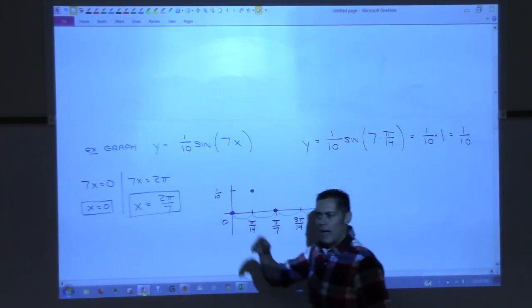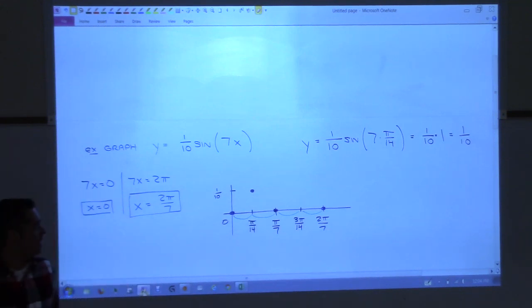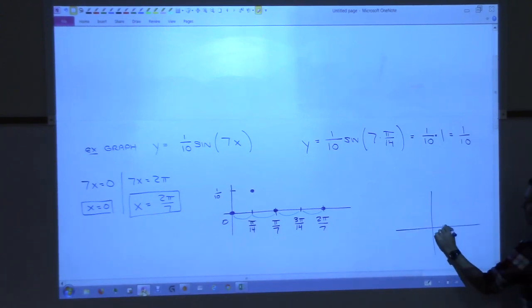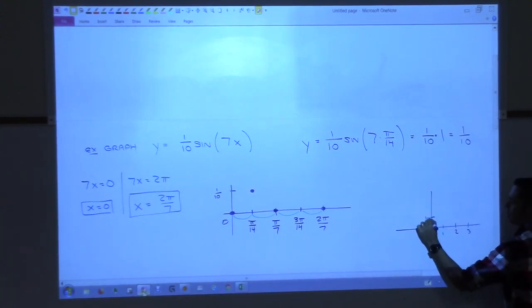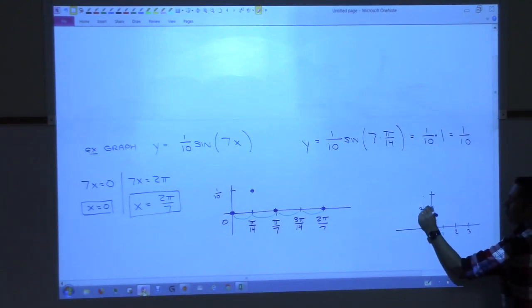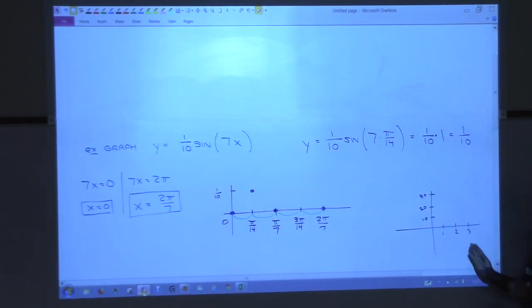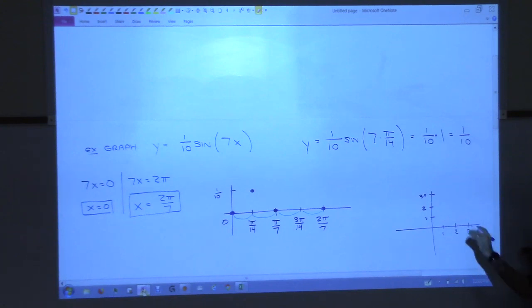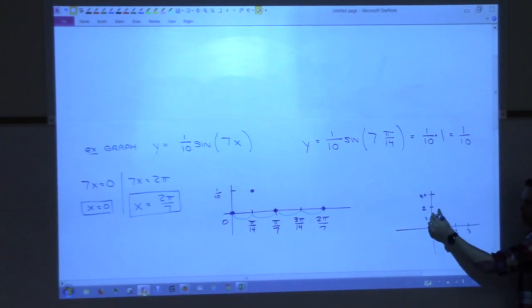Look, when we draw our x and y axes on a graph, they do not have to be scaled. In other words, normally you do like 1, 2, 3, and then you do the same distance, like 1, 2, 3, right? Like this is 1 here, that's 1 there. That doesn't have to be that way. You could, if you wanted, have these be 10, 20, 30. You can change the scale. What's 1 here does not have to be 1 there. What you cannot do, though, is make this 1 and then 2 and then make it 30. That doesn't make sense. You can't change the scale in the middle of the same axis, all right? So I'm going to